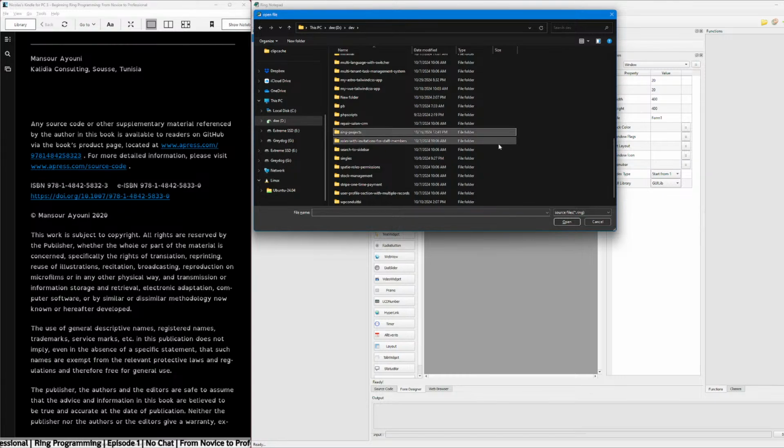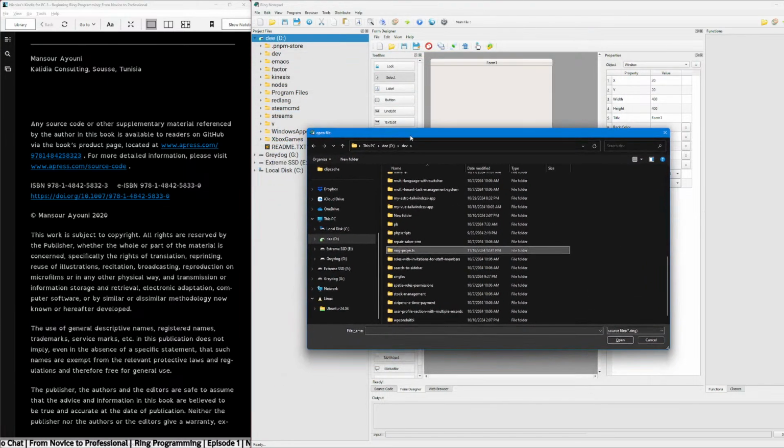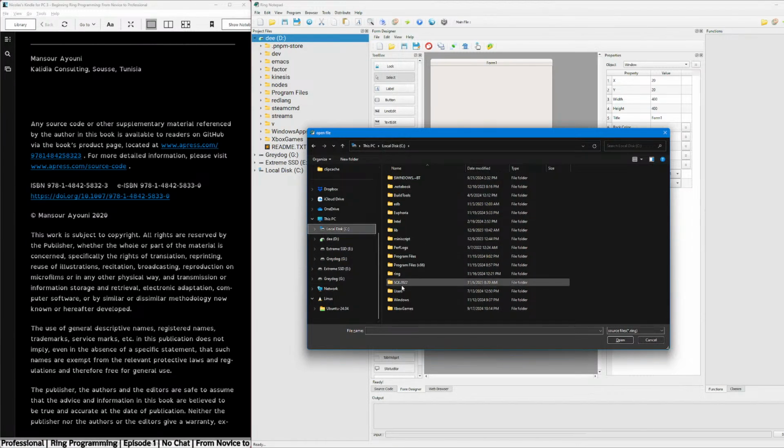Ring projects. We're just gonna do this up in here. Oh, but wait, there's a bunch of example apps I think in here. I'll just start here and then we'll see. Open, open. Oh, file.